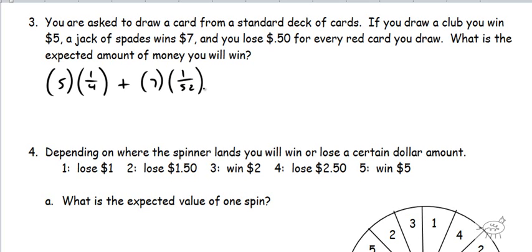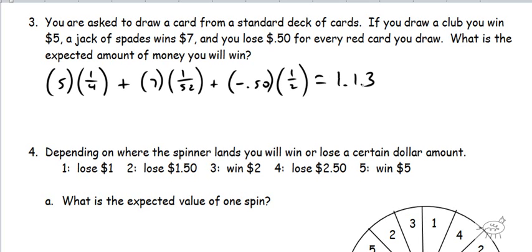And you lose 50 cents for every red card. So negative 0.50 for a red card, and half of them are a red card. Now notice it's not really that complicated because there's no overlap here, right? These are kind of mutually exclusive, if you guys remember the words. So I didn't have any red cards overlap with other red cards in here. Okay, so kind of pretty straightforward here. Multiply all that out, and I get 1.13.